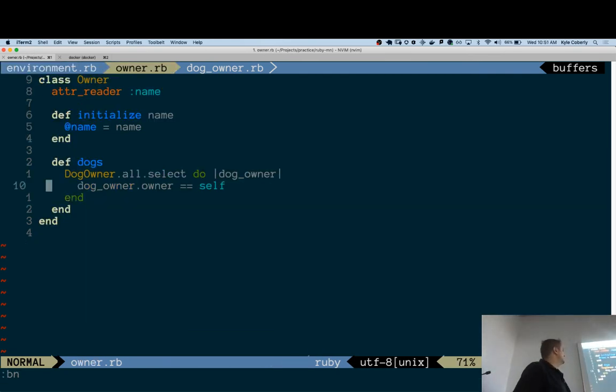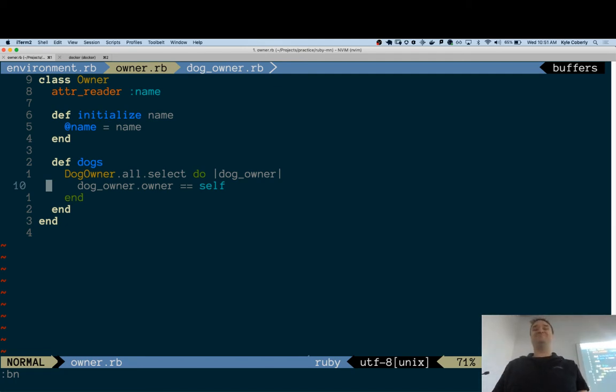Cool. So now I've filtered down the instances of dog owner where the owner is me. Why is that me? Why is self that instead of the owner class? In a method, it's the instance. Unless, actually one exception to that, unless it's in a what method?